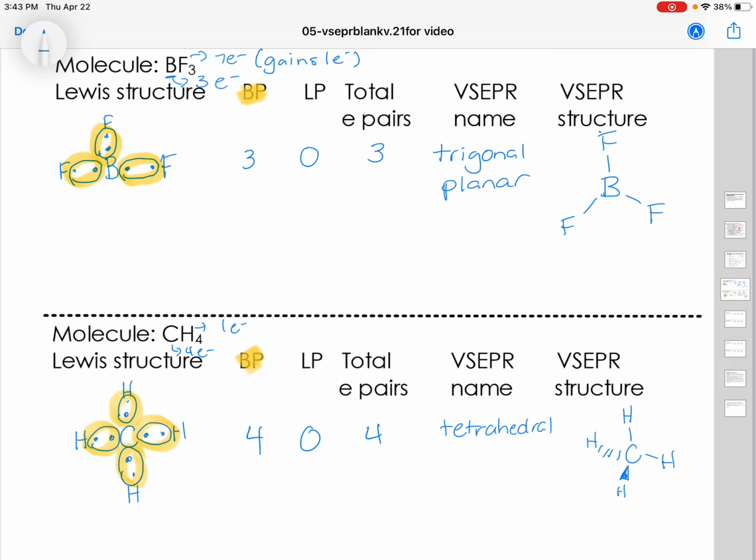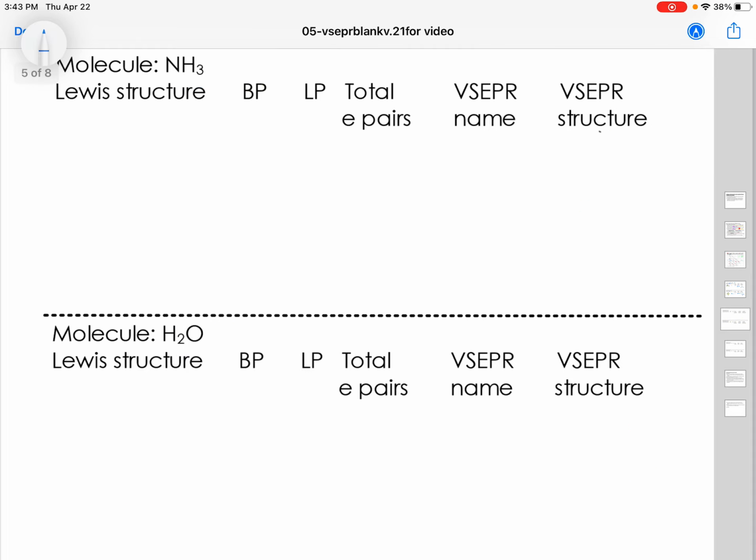All right, so far we haven't had any lone pairs. Let's take a look and get into some that have lone pairs. So here we have NH3. Nitrogen has 5 valence electrons. It's in the 5th column. Hydrogen has 1. So nitrogen with 5. Never eat shredded wheat. And then go back and start pairing them up. So now when you make the bonds with hydrogen, we have these bond pairs here,